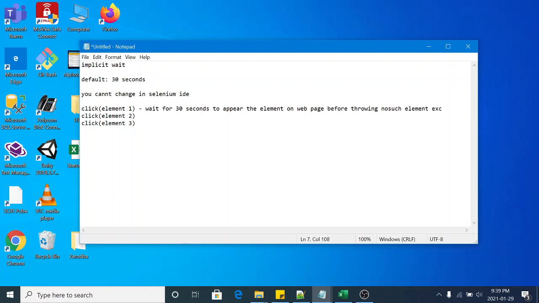Okay, so if the element is not visible, let's suppose Selenium IDE is trying to perform the click operation on element 1, and element 1 is not visible on the web page.